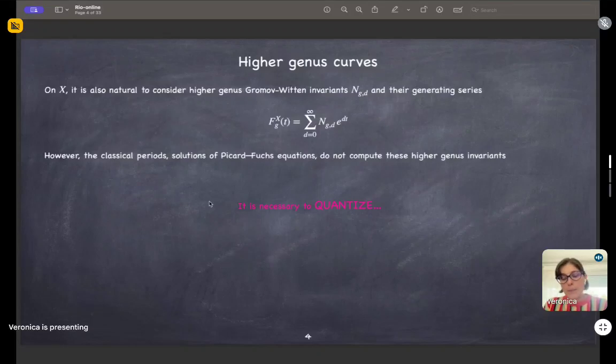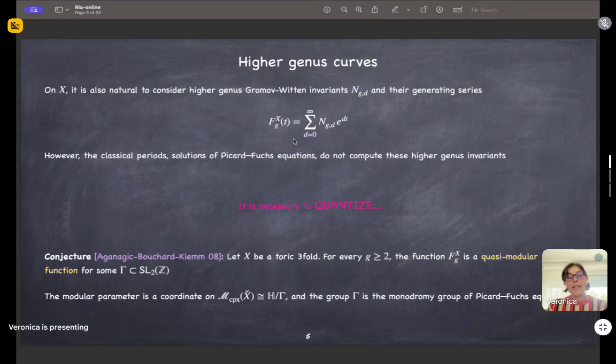But the only aspect that I want to stress through this quantization is related to the modular property of this function. So again, I'm not looking at computing the invariants one by one, but rather at understanding the property of this generating function. And one of the conjectures of Haghighat, Bouchard, Klemm,